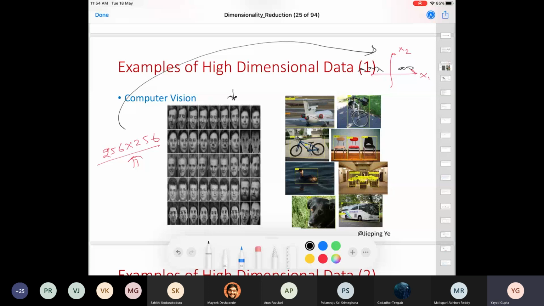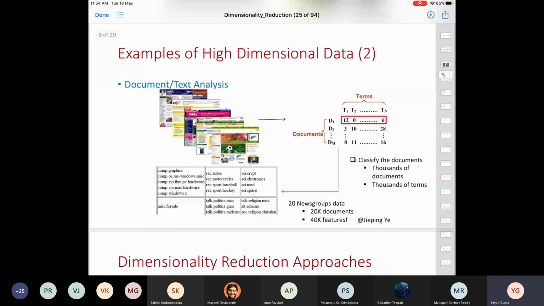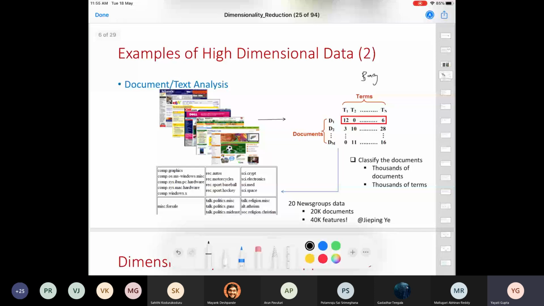And the second type of data set where you would, in general, see a large number of dimensions is text data sets. If you use, say, bag of words to represent your text documents, and you have a document of English words, the dimensionality would be close to maybe 30,000, if I follow, say, the Oxford Dictionary.